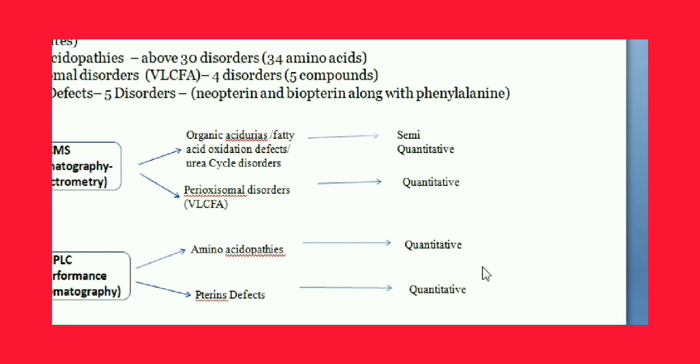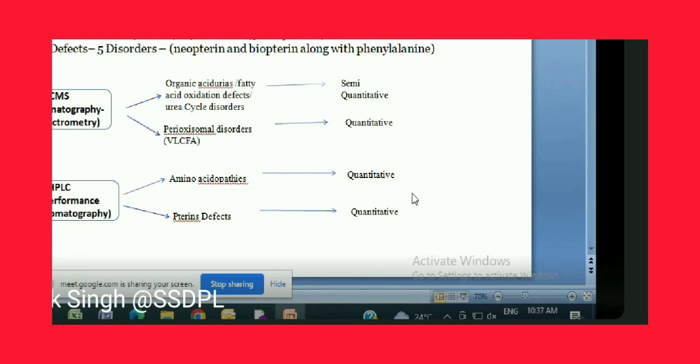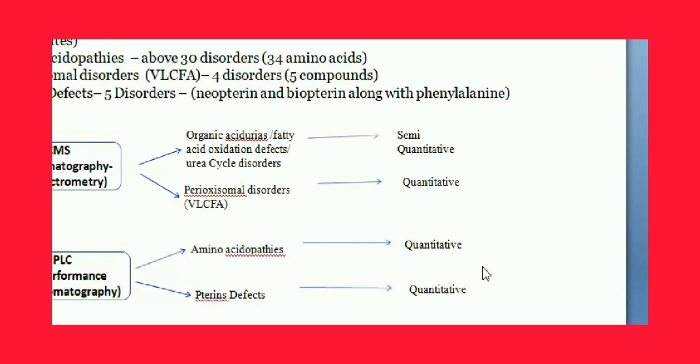That is the importance of the metabolites here. You're checking for a gene in the clinical exome; it tells you whether it is pathogenic or non-pathogenic. If it is non-pathogenic, it is reported, but still the patient has features